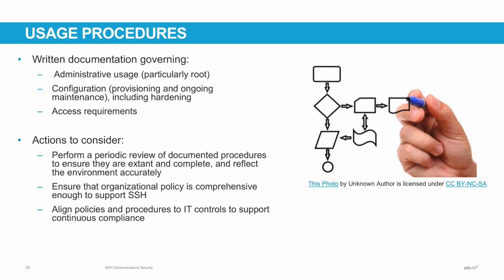Now that includes both use of administrative privilege, obviously, like the root account, but it also includes things like hardening and access requirements, and it talks about some specific actions that you can look at. The policy is important, and having documented procedures is important. But the one thing that I think is the reason why it's first in the list is periodic review, to make sure that everything is appropriately and accurately codified, and that the procedures are in fact in place.